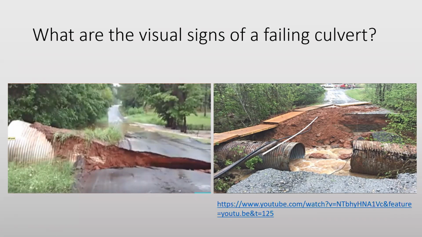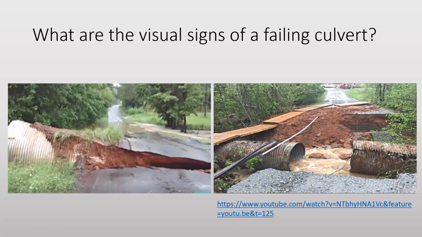Our second sign is that the road above may begin to settle over the path of the existing pipe. In this case, we may see cracking in the pavement or the roadway. Our third sign is the head wall may begin to move away from the existing pipe at the downstream end. In this case, we say the culvert is beginning to float based on water movement, and also that the backfill